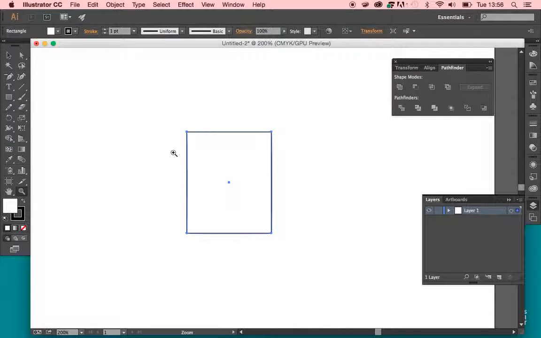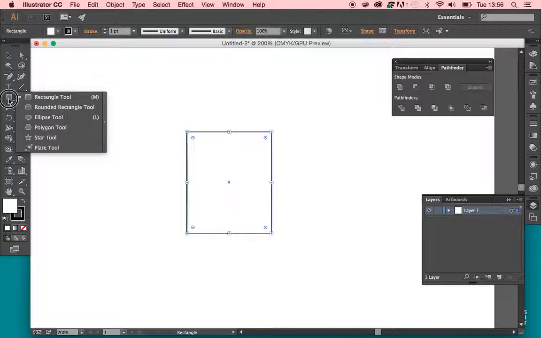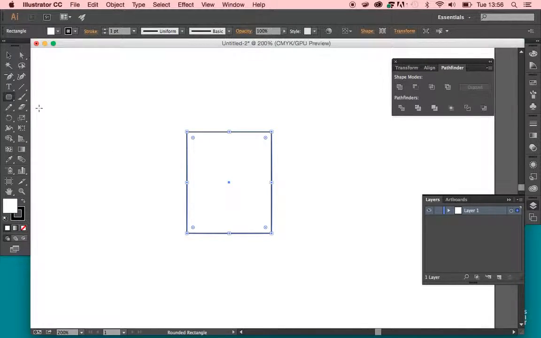like this. For my arms and legs, I want to pick this one called Rounded Rectangle Tool, and the way I'm making these appear is by clicking and holding this button. And as you can see here, you have some different shapes to choose from. So I'll just take this one and drag a little leg,